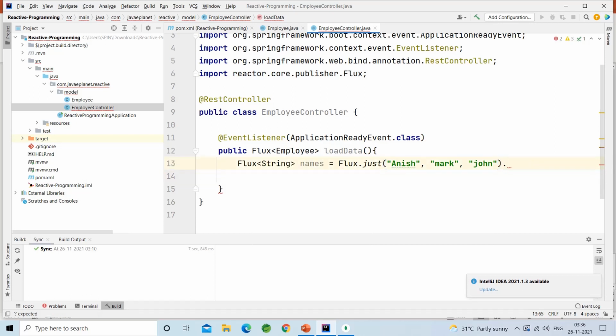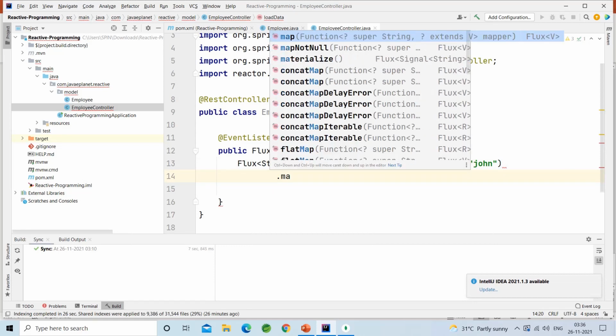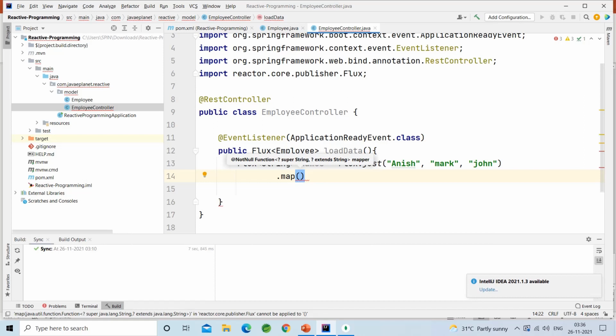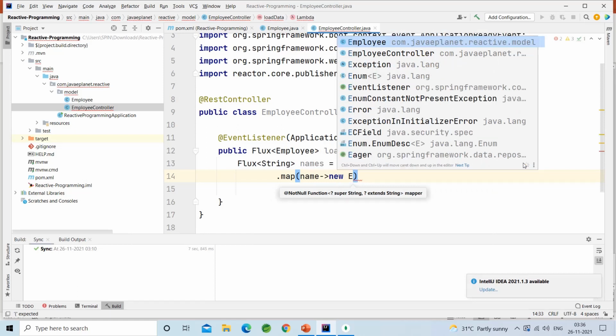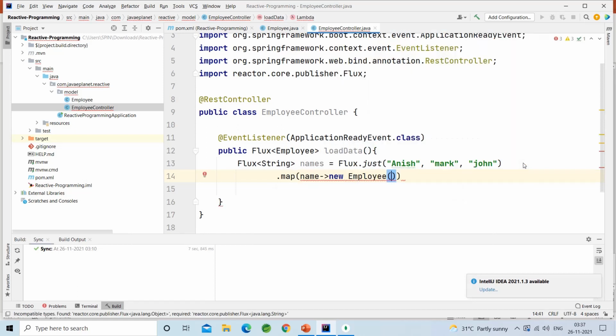I want to map each name into a new employee, with ID as null and name as name.